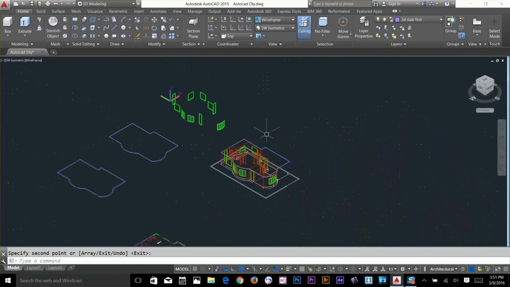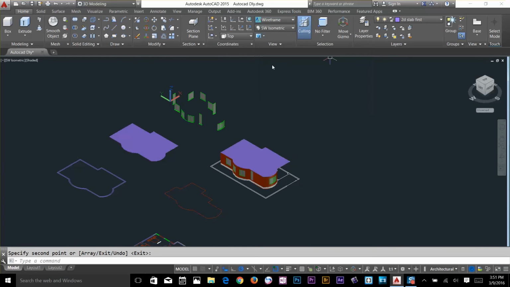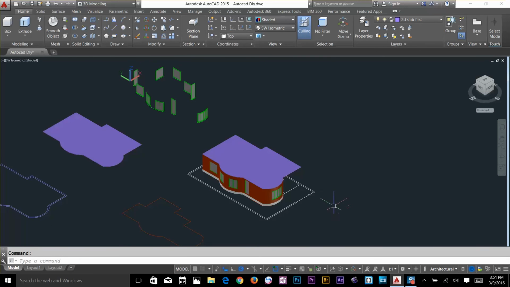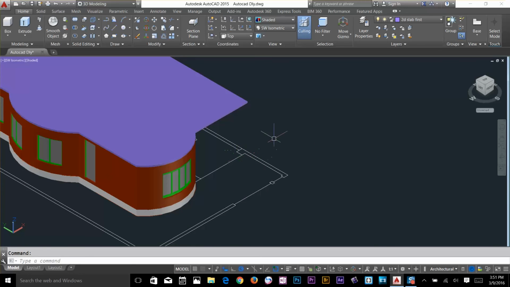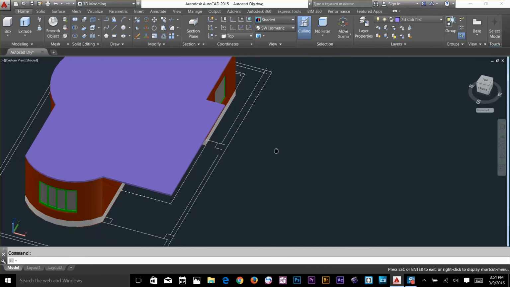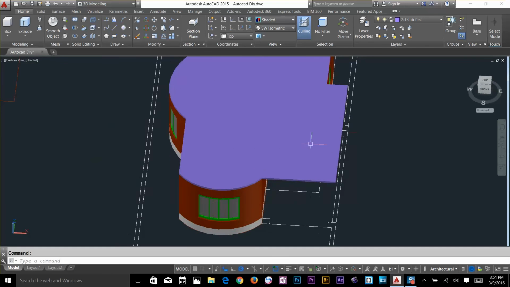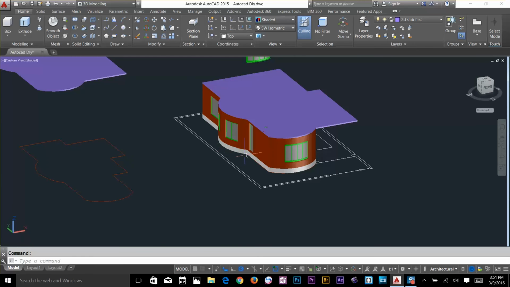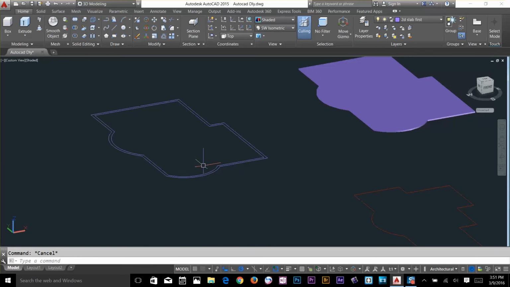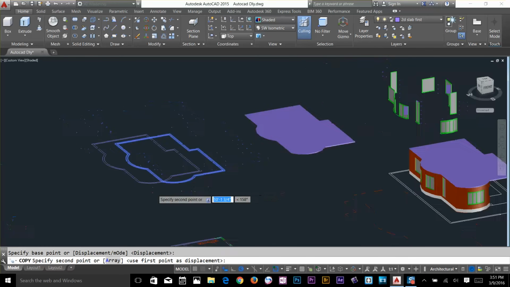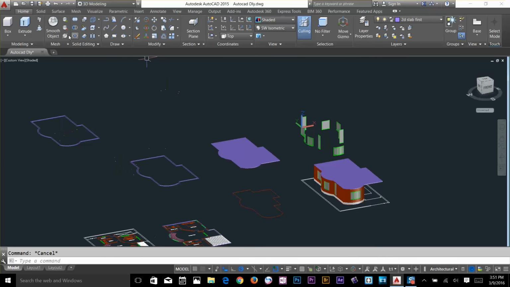Okay, so now let's have a look at how our drawing looks now. So I've got a slab there. I've got a few pillars to make on the ground floor. I'll do that later because I'm going to apply some design on my pillars. So for now, let's do our first floor. So go back here, make another copy, and extrude